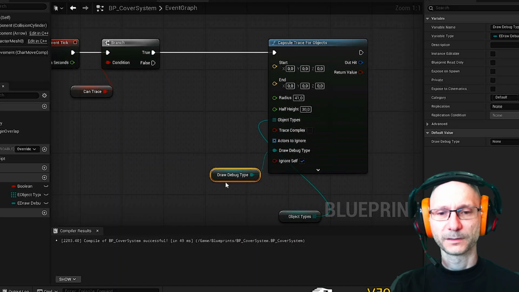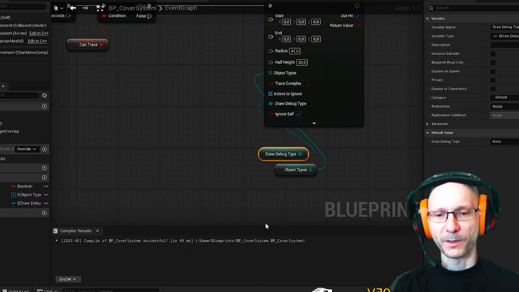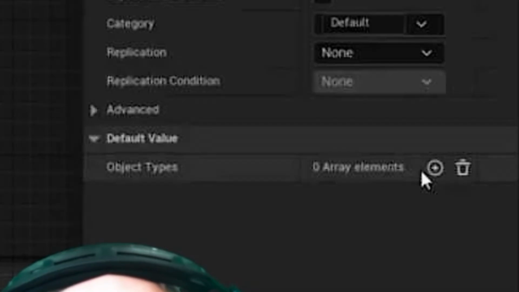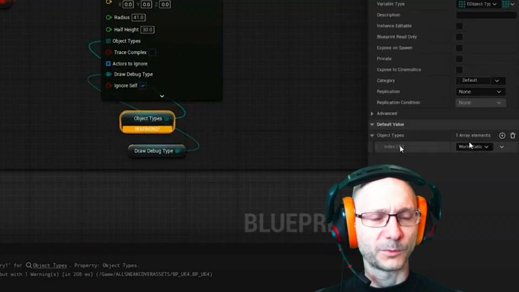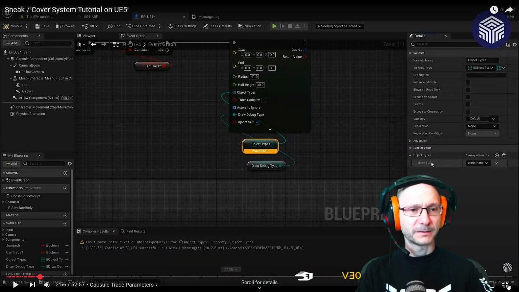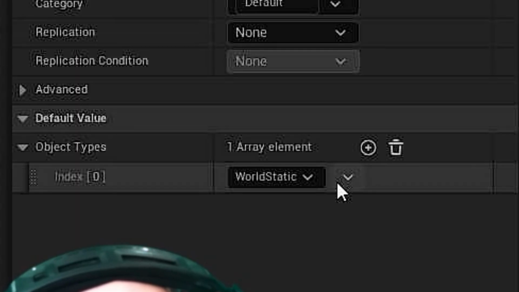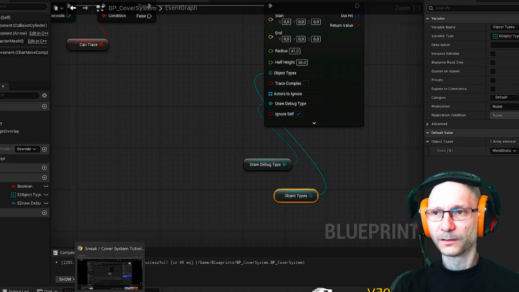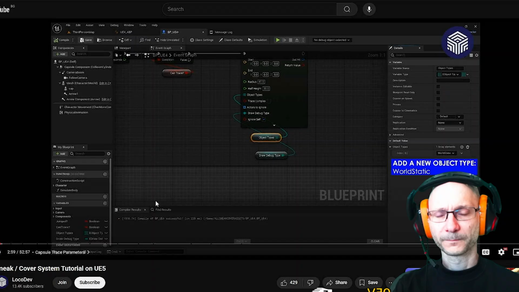Let me just set those two down so I can follow more easily. We have selected object types, and from the details on object type we add a new array element. Add a new object type here. Okay, easy. Compile. Compile again, save.